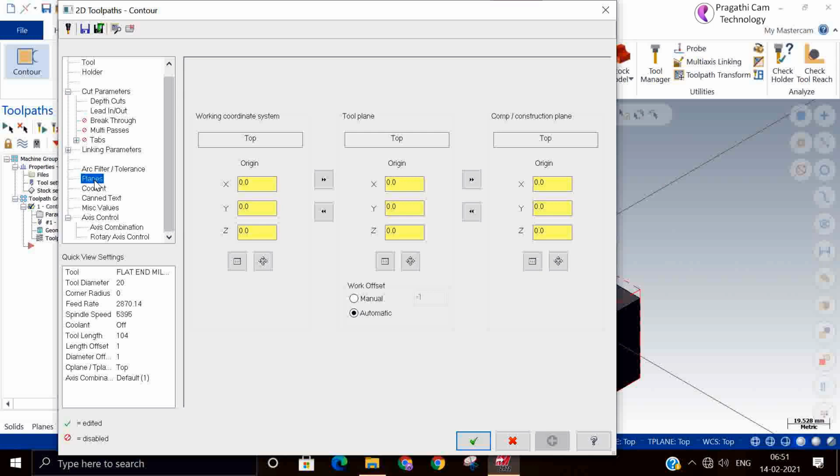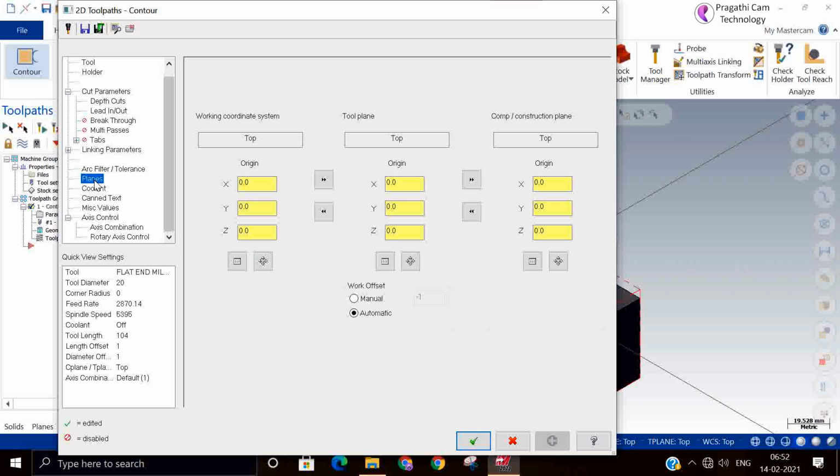Next is the plane. So work coordinate system WCS top, tool plane top and construction plane also top. All should be top up to 3 axis when you are working with a CNC VMC. Suppose it is an HMC, then all should be front. Then it will change. Suppose you are doing 4th axis multi-surface machining, that time this page is very useful for you.